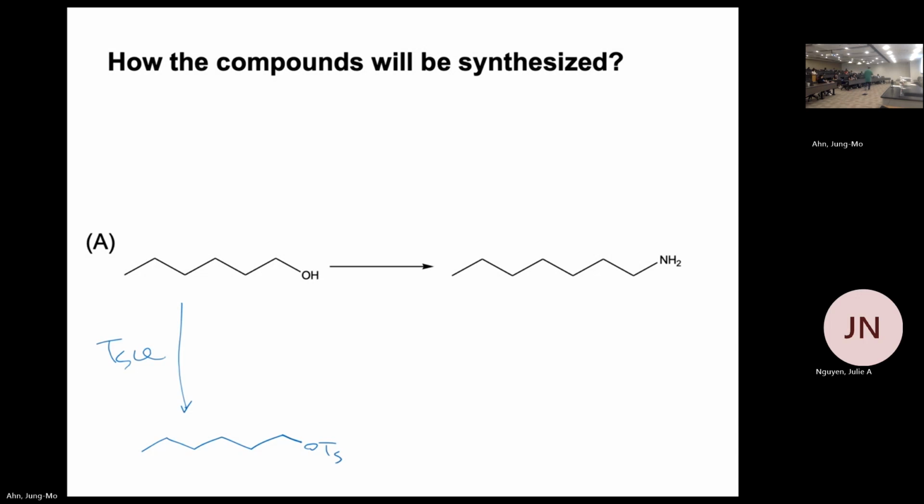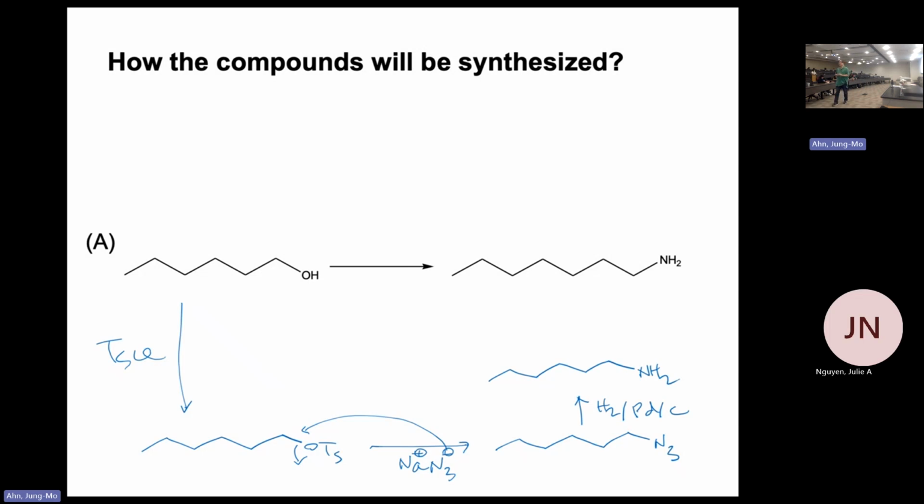First of all, just like the alcohol can get a good leaving group once you make a tosylate. You tosylate that. Then you can make an amine by heating with different types of nucleophile, like sodium azide. Azide, you replace the tosylate, then you get an azide. Azide can be reduced by hydrogenation or lithium hydride, then it will become an amine. So you converted